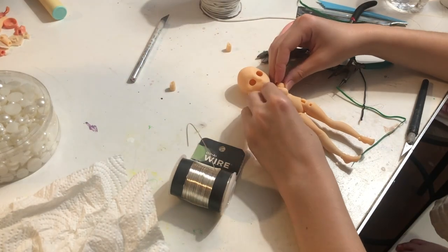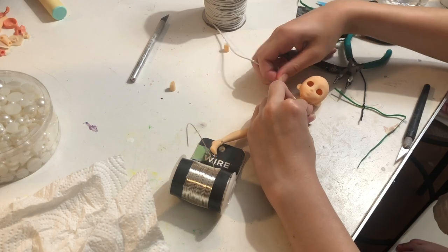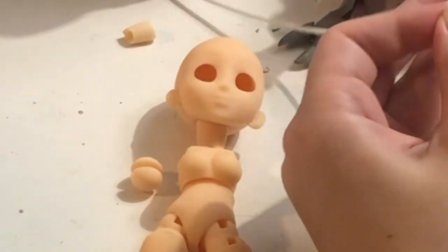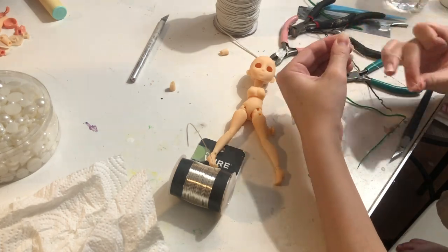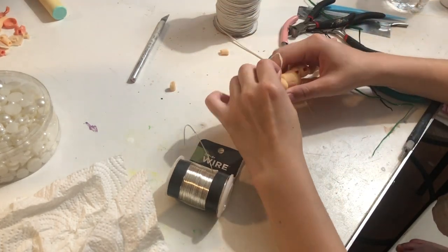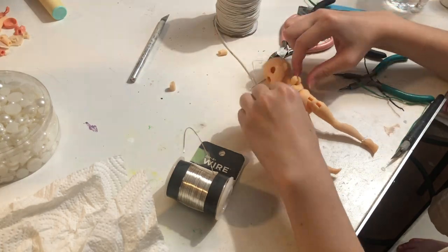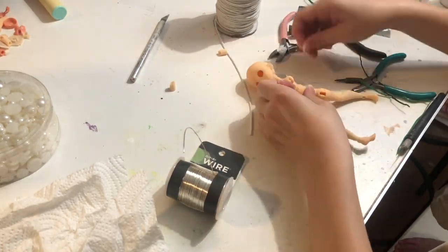The way I strung her shoulder bars is a bit complicated to explain, partially because this camera angle does not do that good of a job of showing it, and that's my fault, of course. But what it looks like I did is I sewed a loop outside of the body, put one of the shoulder balls into it, and then pulled it through the body, put the other shoulder ball into the loop, and then using my thread, I sewed that loop closed as tight as I could,